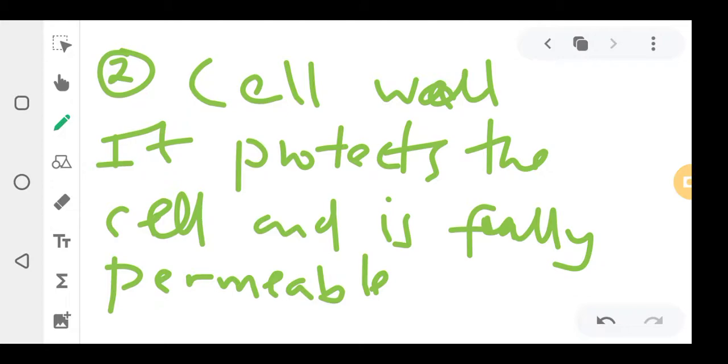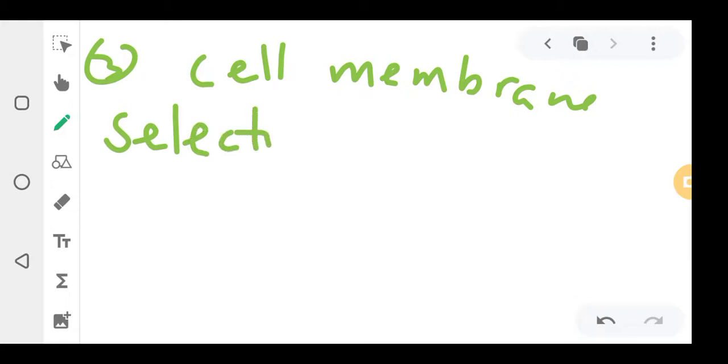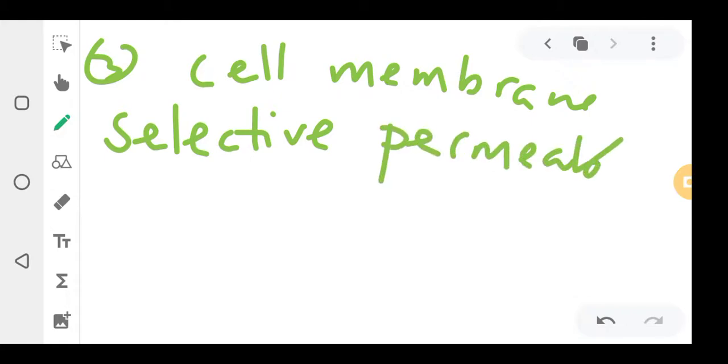Okay, so that's a bit about the cell wall, and then the next part is the cell membrane. What does it do? The cell membrane is selective permeable. The cell wall was fully permeable. This one is selective permeable, meaning it allows